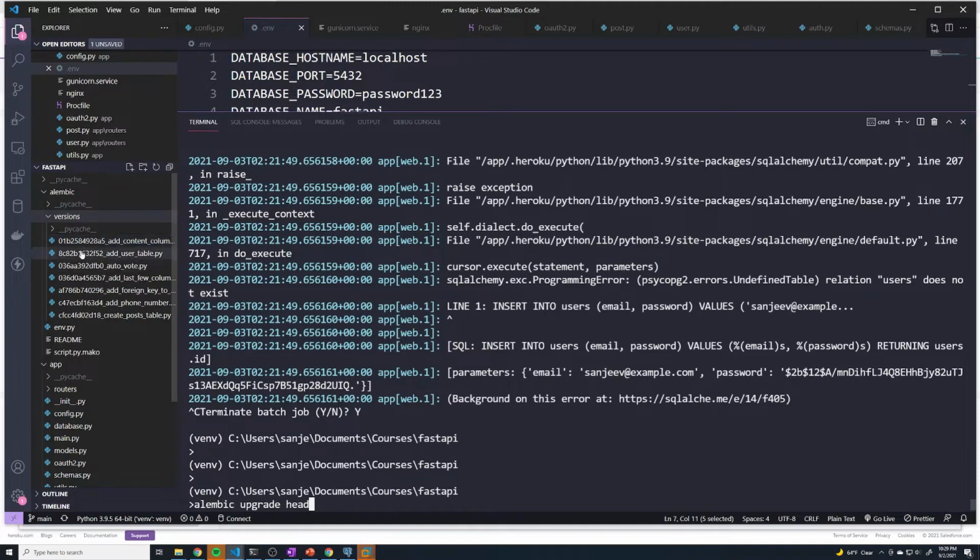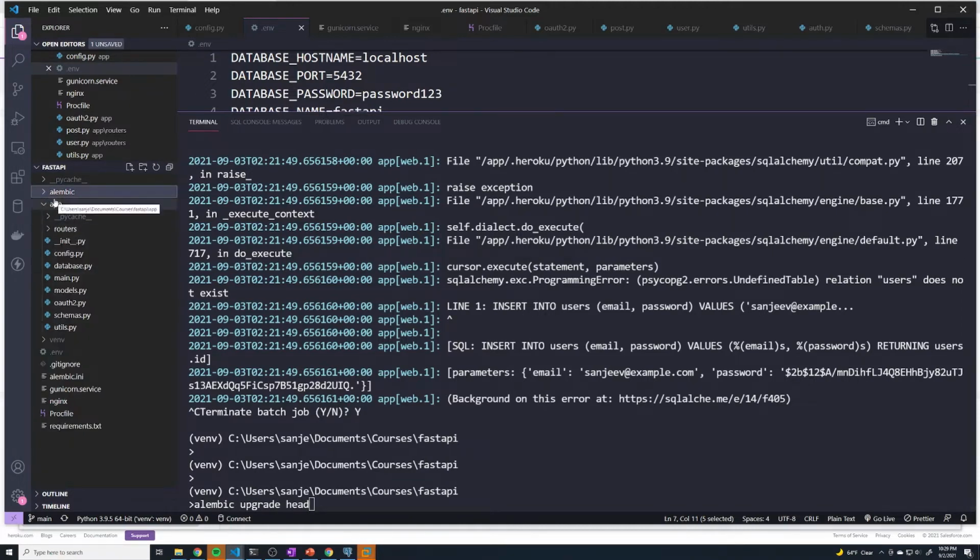Because we've checked all of these files into Git, because the Alembic folder was added to Git as well, our Heroku instance has access to all of our revisions. So when we run Alembic, it can keep track of all of those changes in our production server as well. It's important to understand that we never run Alembic revision on our production server. We only run Alembic revision on our development server when we're staging out these changes. In our production server, whenever we want to push out those changes, we just do a git push. So we push out the code